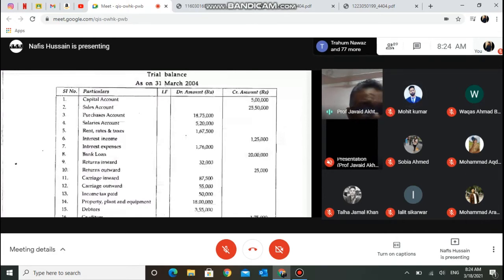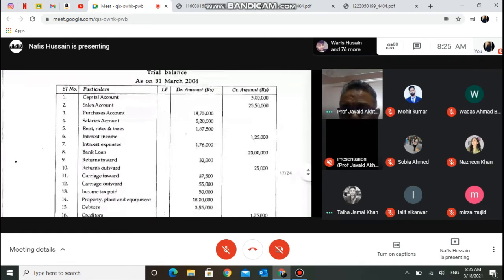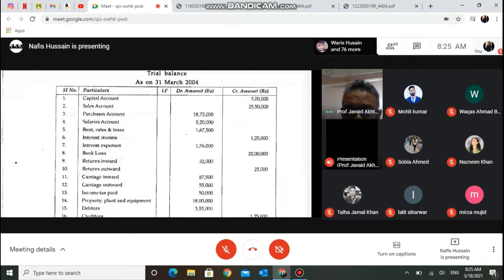You have 10 rupees in your pocket. How much can you spend? Maximum 10, or can you spend 11 also? How much maximum can you spend? 10, in cash. And through your bank credit card, how much can you spend? If you have 100 rupees in your bank, can you spend more? You can spend even much more than what you have, because it will be an overdraft.